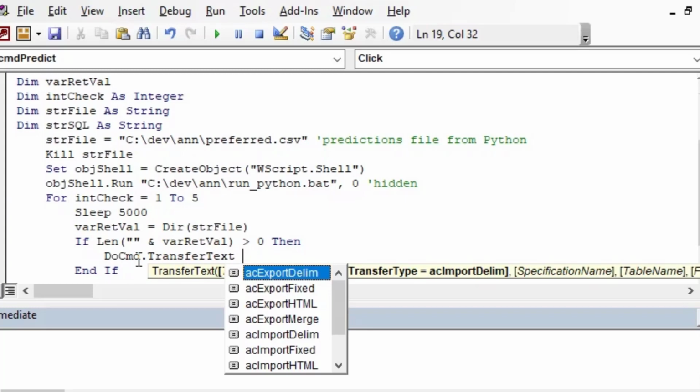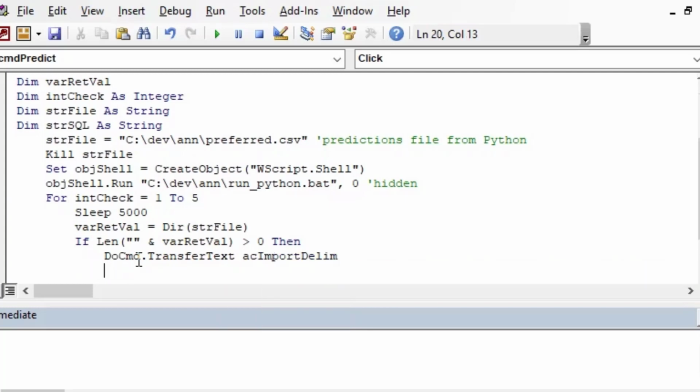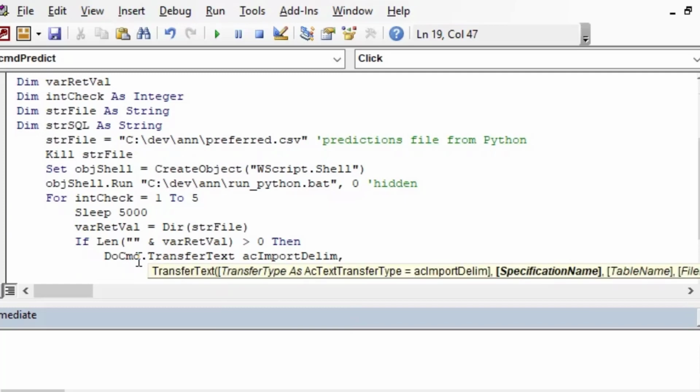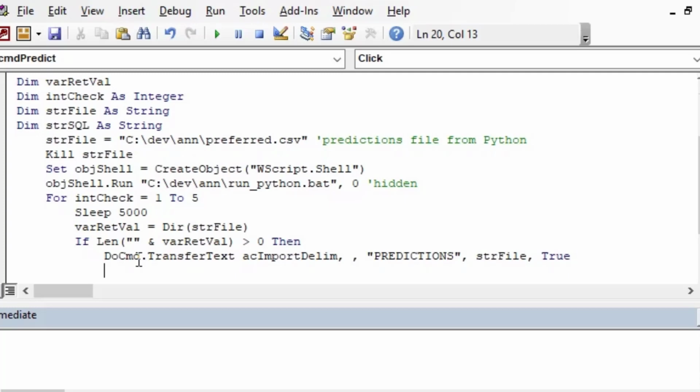dir, and if that returns a length of greater than 0, then we'll go ahead and import the results into our Access database using DoCmd.TransferText, and we'll import a delimited file, and you can see it's going to ask me where do you want to put that. I'm going to put that into a table called predictions, and I'm going to grab our file, which is strFile, and I'm going to say that the file has the first row as the column names. And so very simple command,